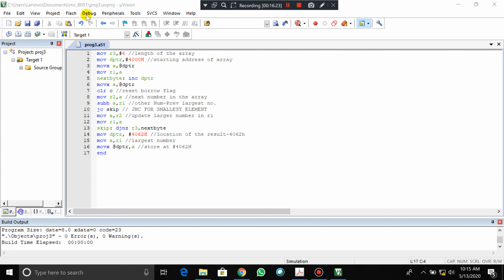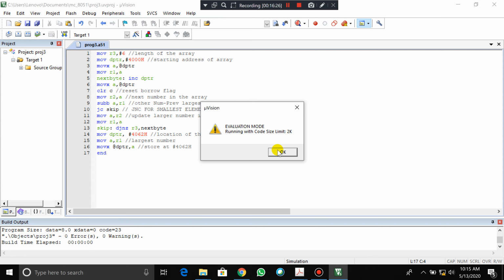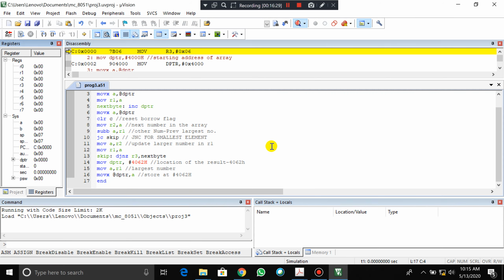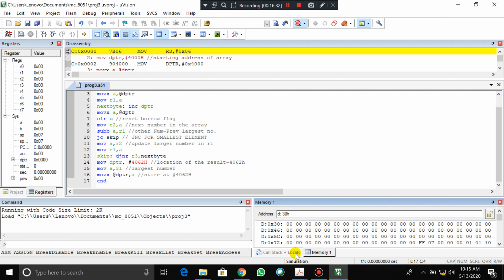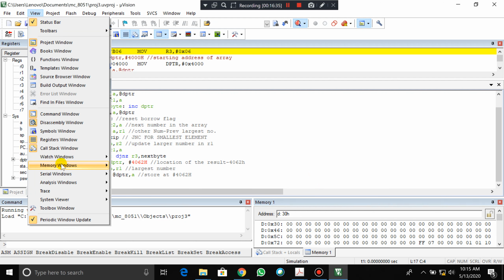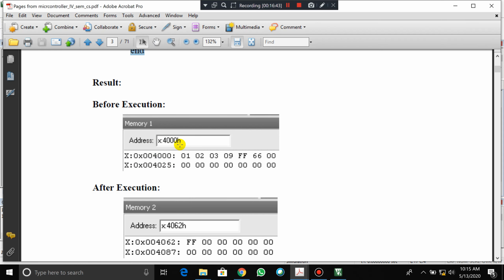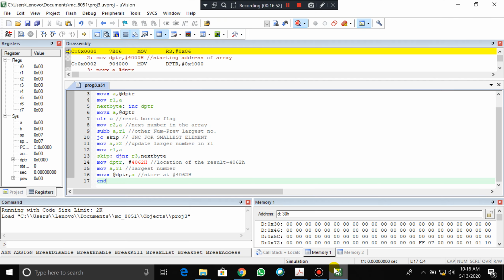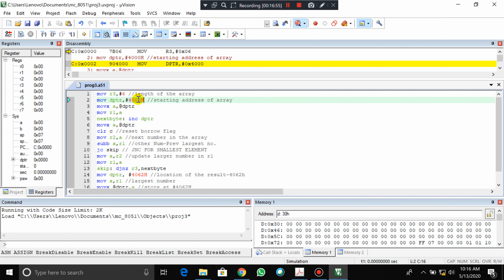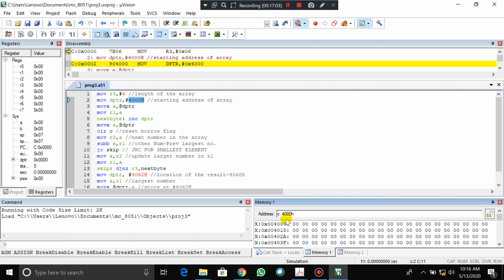So now after checking the errors and warnings, let us go to debug session. So as usual, give OK. So now what we have to do is, memory 1 we have, memory 2 window let us take, view, okay. After that what we have to do again, so in the program what we have in 4000h, here we have to take x because we are dealing with the DPTR, that is data pointer register, and 4000h. Why we have to take 4000h only? Because here we have mentioned its starting address is 4000. So here it is x colon 4000h, enter, and you give data here